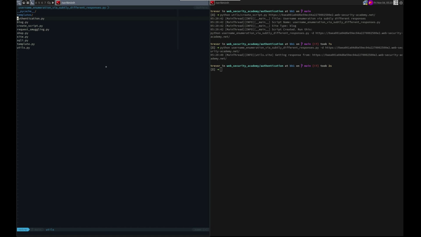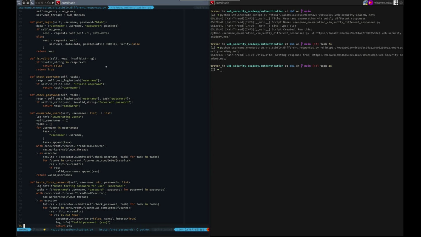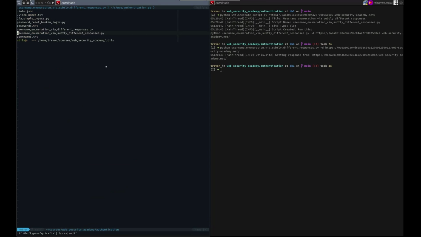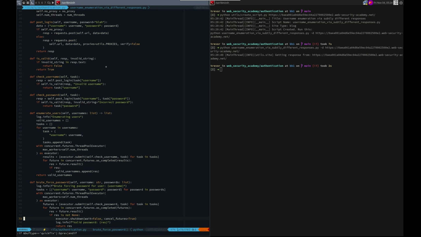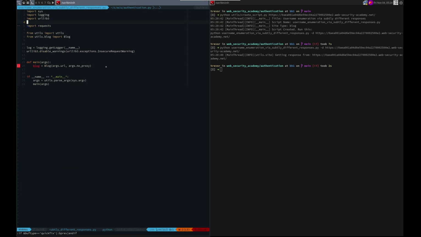To blindly guess this, I want to go to authentication and open up the first one we did, which was this one. When I enumerate users, I'm going to